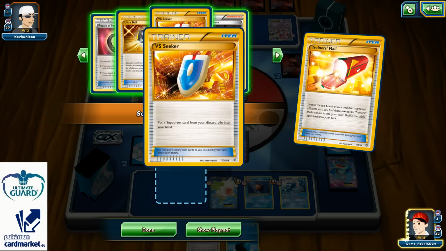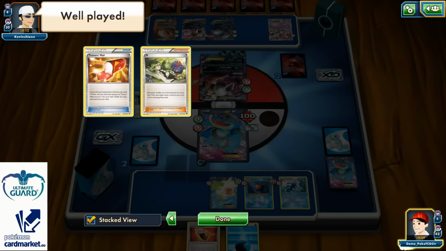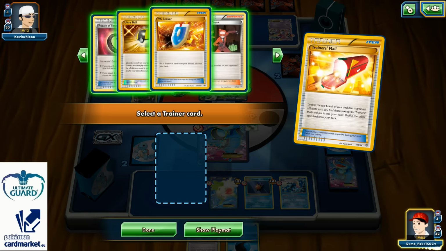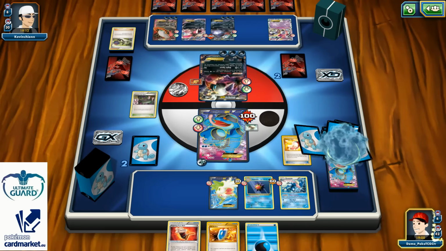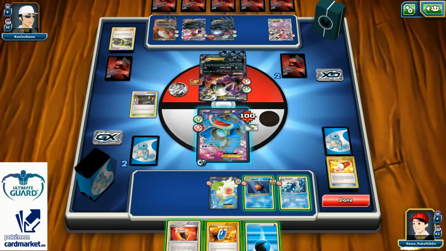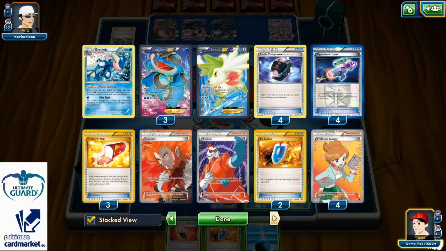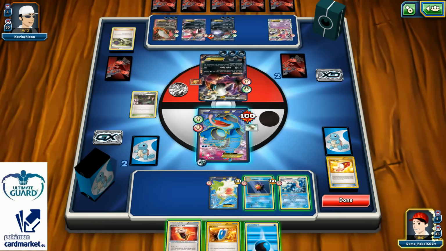I can find V-Seeker, which is not even that bad, because how many energies does he have in play? Total 3, 6, 9. Yeah, I guess I can do something with the V-Seeker. I can try to Lysandre him down to 2 cards, or I can maybe even V-Seeker for AZ, scoop my Shaymin,